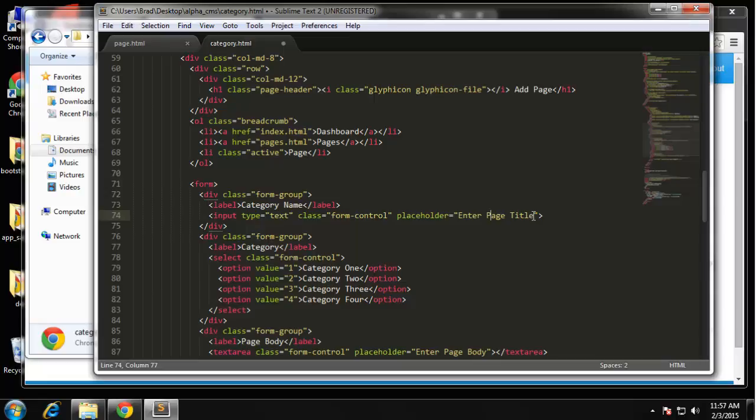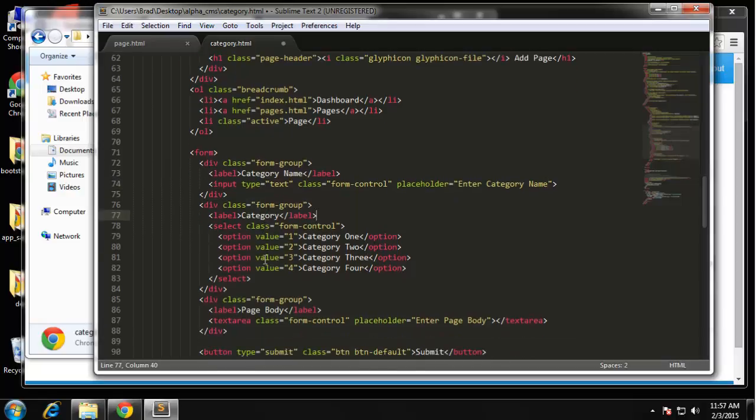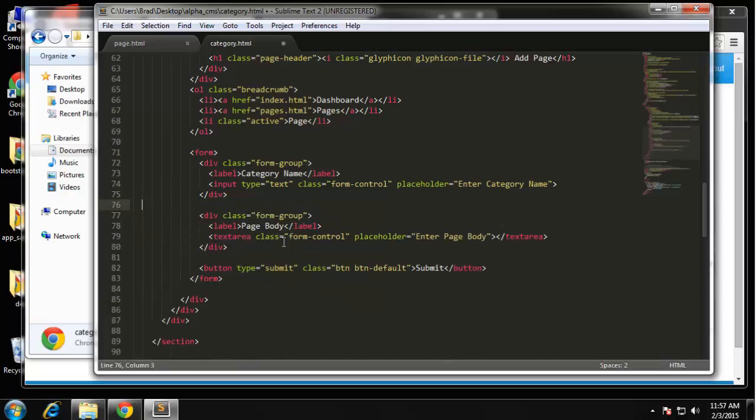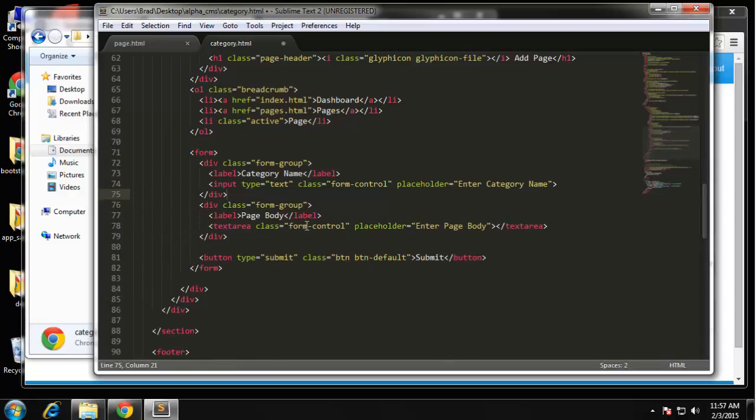And then obviously we don't use the category field. And basically we're just going to have a category name and let's do